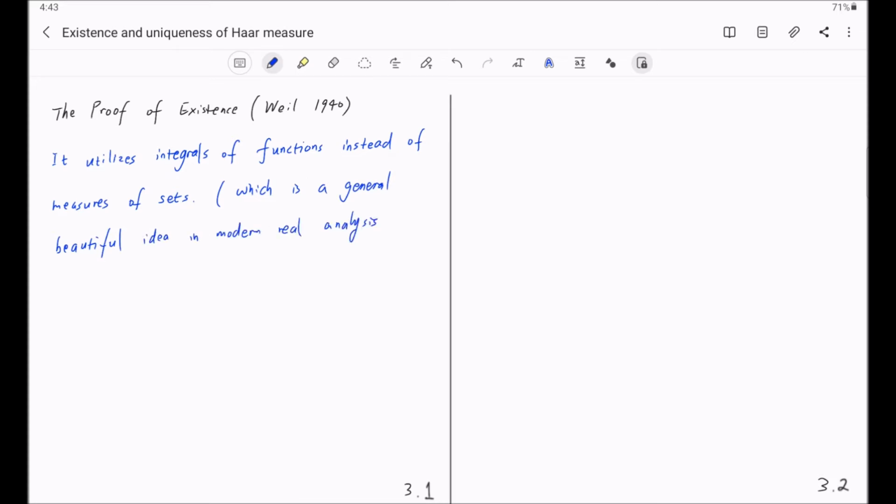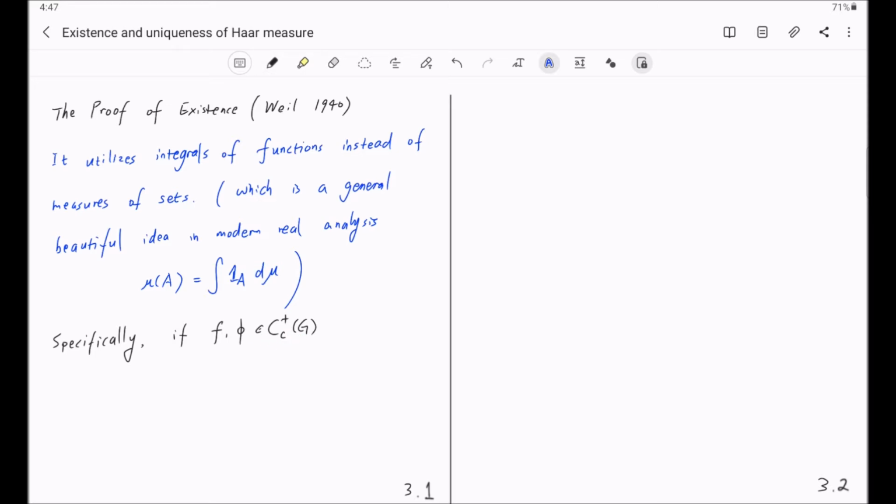In modern real analysis, instead of studying the measure of a set directly, we'll transform it into the study of an integral of a function. Specifically, Weil's idea is the following. If two functions, f and phi, are in C_c^+(G),